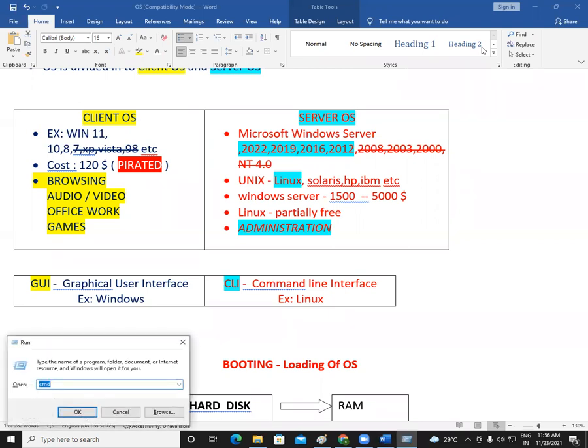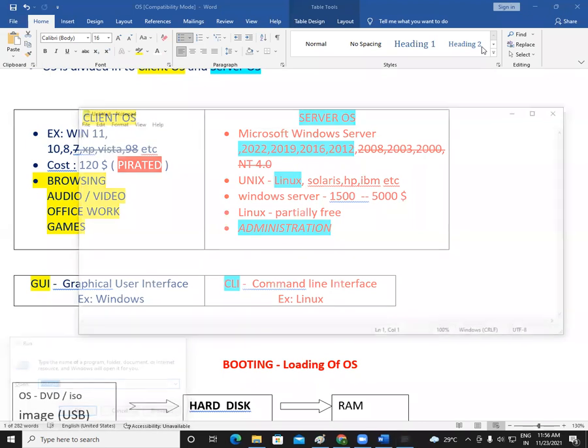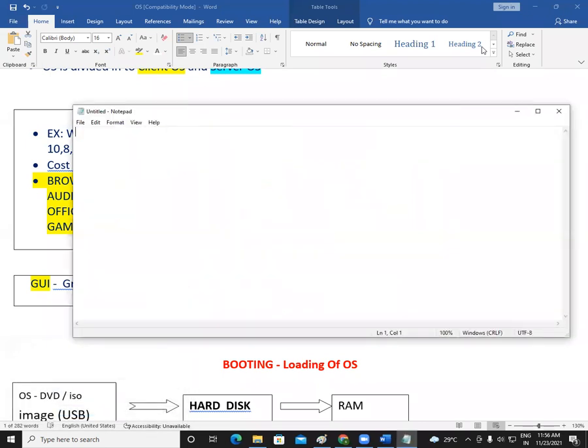I'll just write it here so that you can see this and remember it for very long. Once you finish this, you can go with cloud computing, which is quite famous nowadays, or you can go with security. When I say security, I'm talking about all sorts of security: cyber security, internet security, firewall security, whatever.